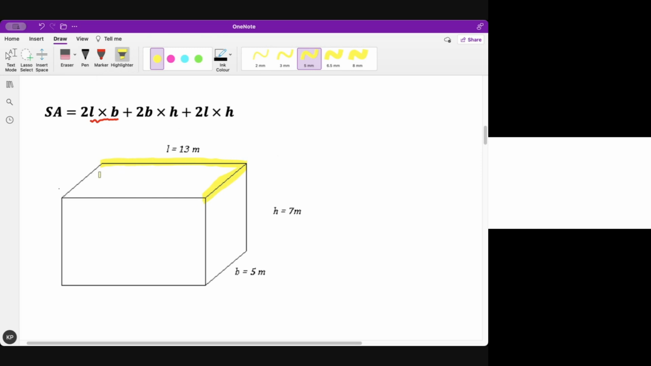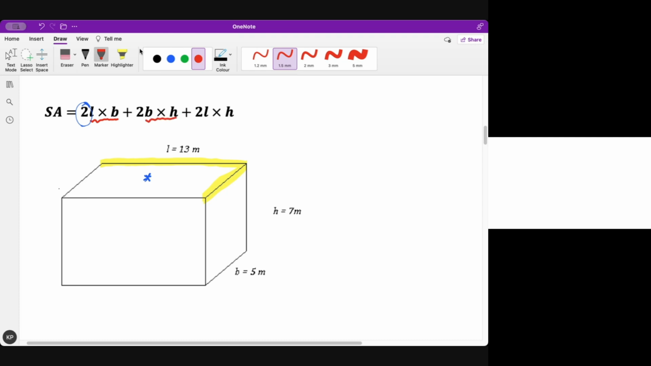But how many of those that are just like the top rectangle did we say we have? We have 2, which is why we multiply by 2. Do we see that? So you say 2 times the area of this one, because it will also give you the one at the bottom. And then plus 2 times